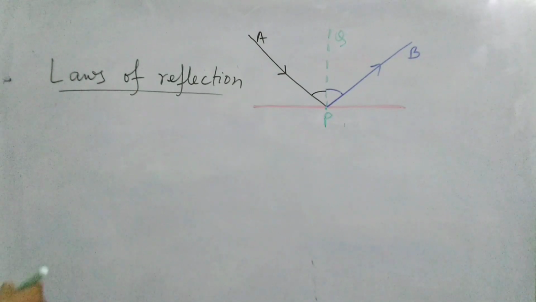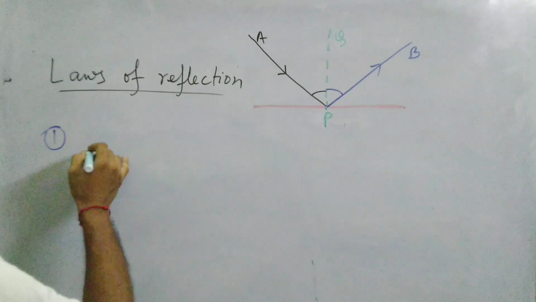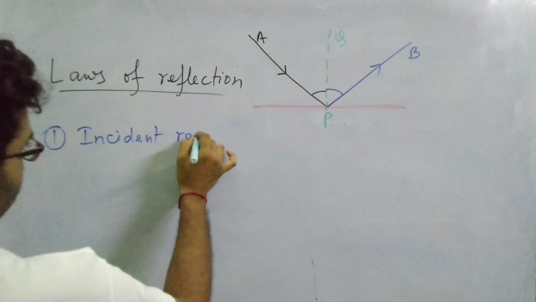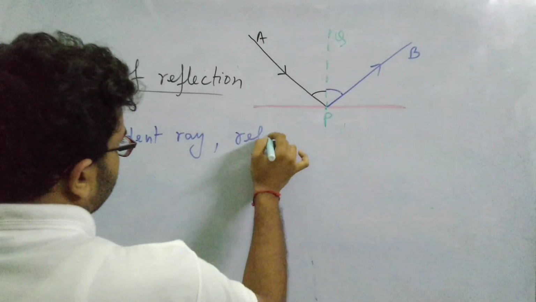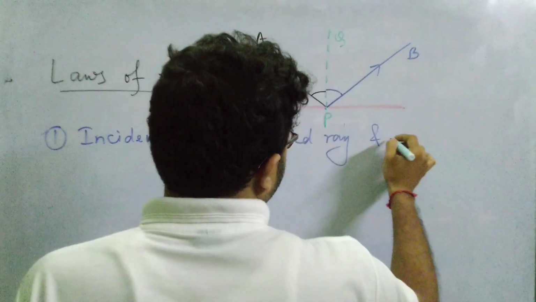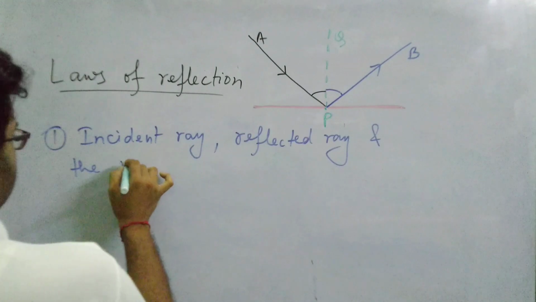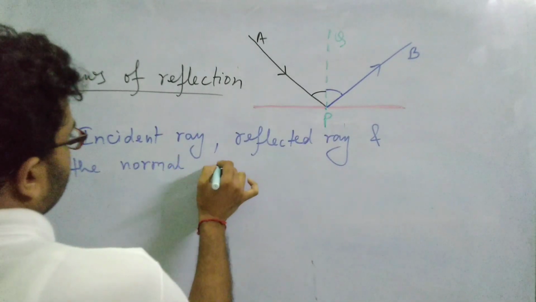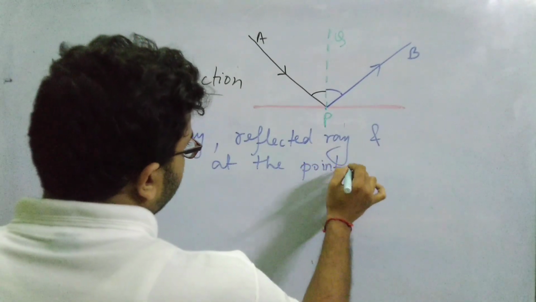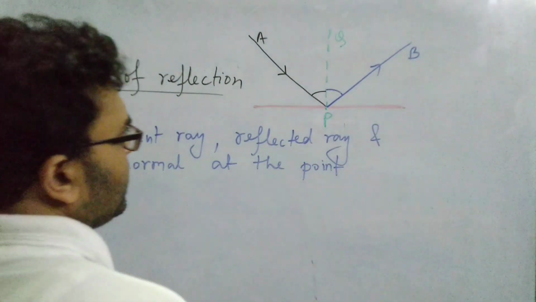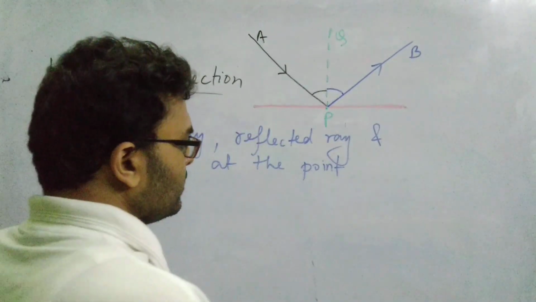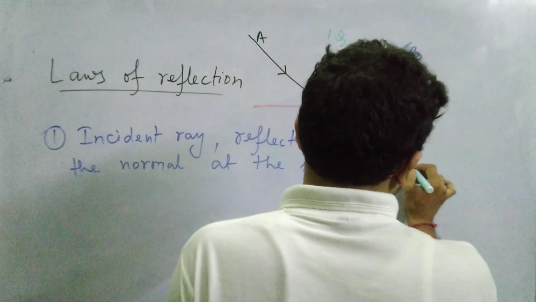First of all, the first law says something like this: incident ray, reflected ray, and the normal at the point of incidence. This is very important. If you don't mention which normal is considered, any perpendicular line can be regarded as normal. Yes, but here we are considering the normal at the point of incidence only. Okay, so normal at the point of incidence